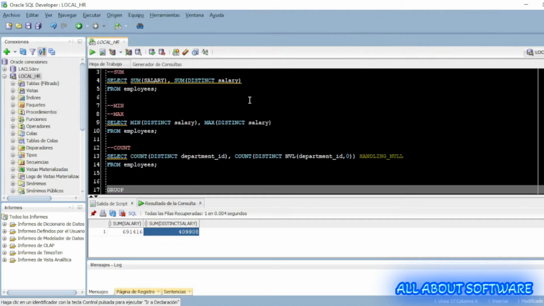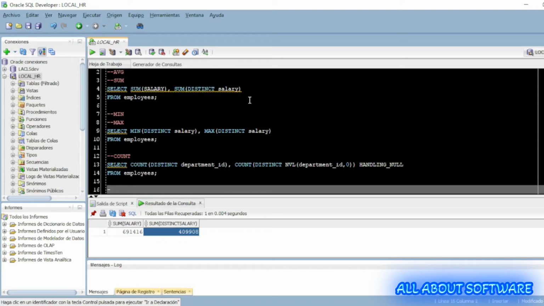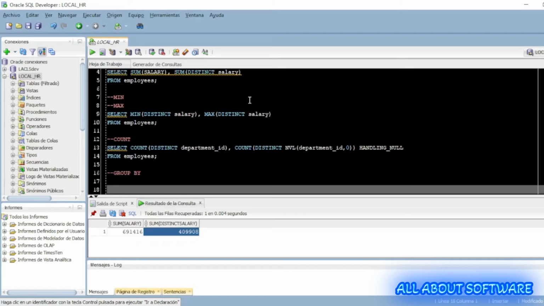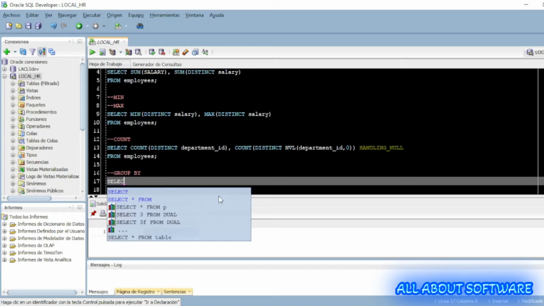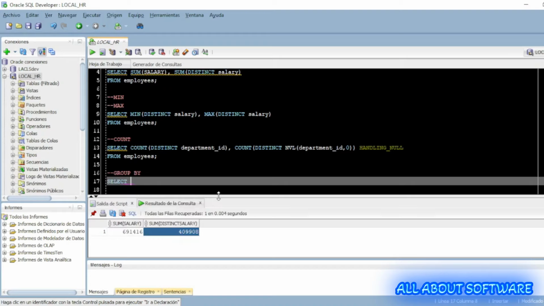It's time to see group by. Well, it's time to create groups of data. For example, we are going to select